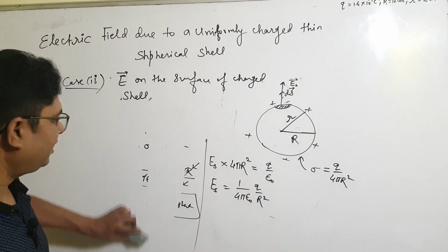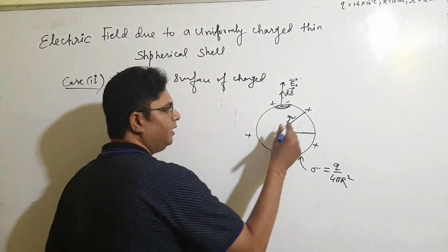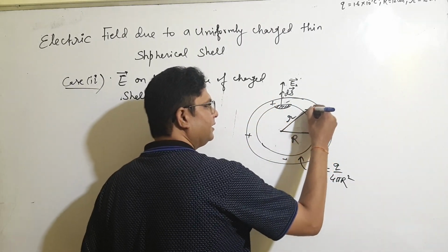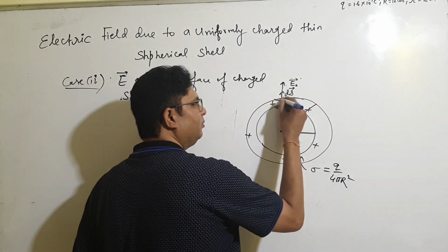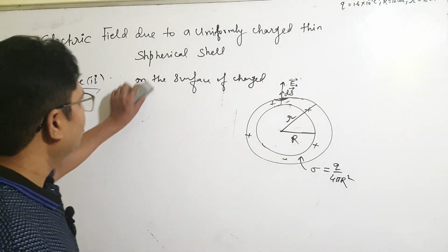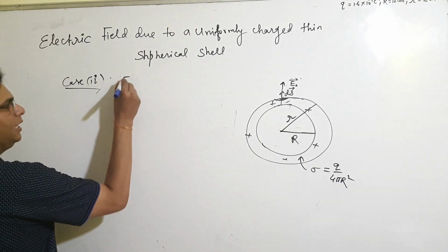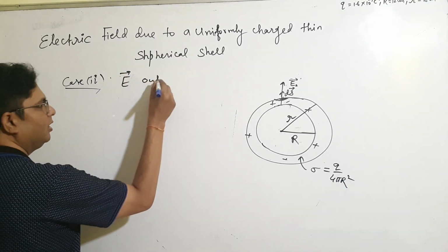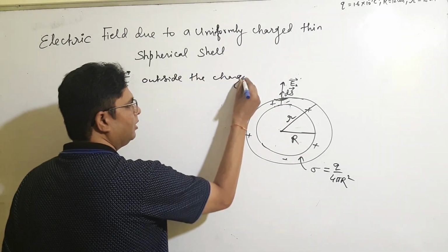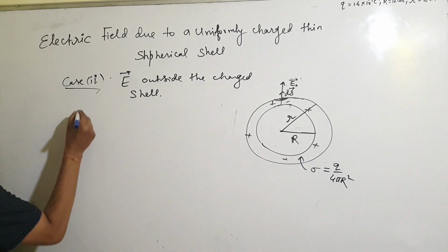Let us find the electric field outside the surface of the sphere. This means we have to take a Gaussian surface here. This radius is small r, so the Gaussian surface is on the outer side. So you are going to find the electric field outside the charged shell. Here, according to Gauss's